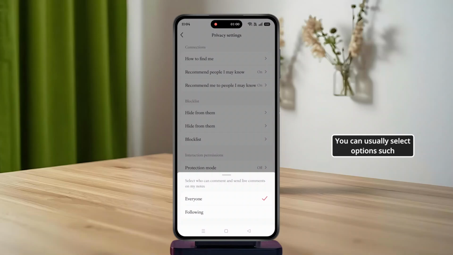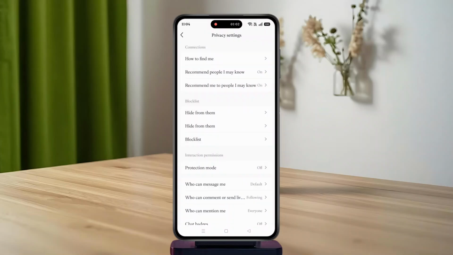You can usually select options such as everyone, following, or no one, depending on the features available in your region and app version. Some versions also let you filter comments or limit interactions for better privacy. After selecting your preferred option, the changes are saved automatically, and your new comment privacy settings will apply to future